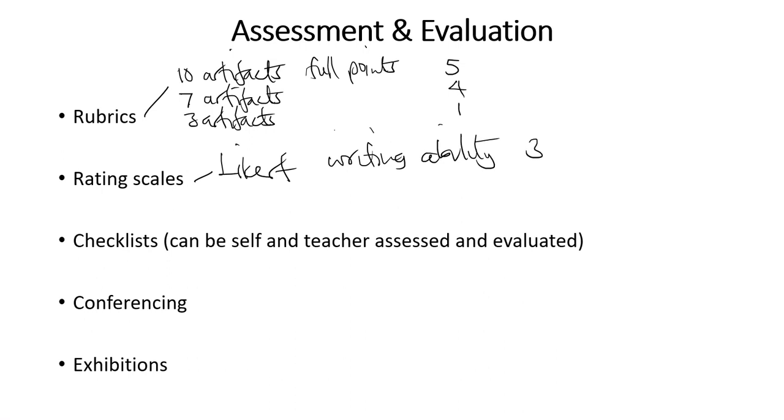Descriptions maybe 4 out of 5. Explanations maybe 3 out of 5. So you can create a rating scale based on how your students are doing, or you can just have a